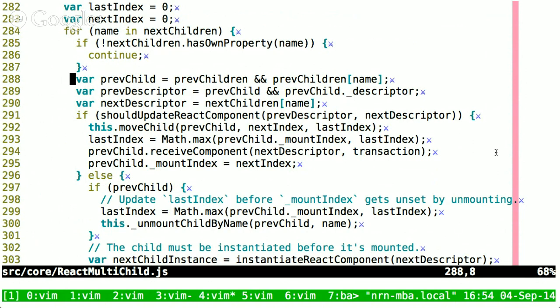The previous child is previous children at previous children name. Previous descriptor, previous child descriptor. This is just pulling properties out of things, so it's easier to access later. You don't have to worry about trying to access properties on null or undefined things. Should update React component, previous descriptor, next descriptor. So this is the check here of has this changed, and if so,